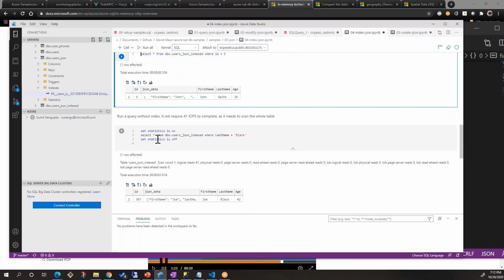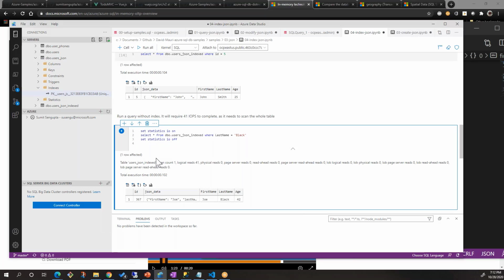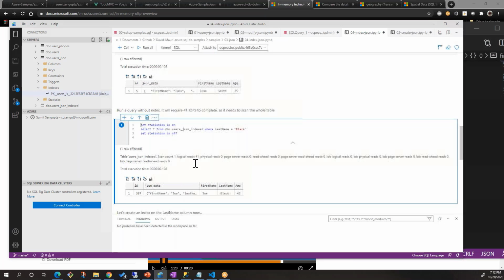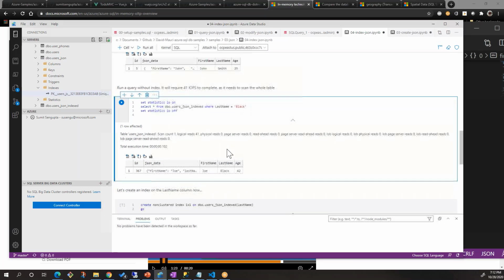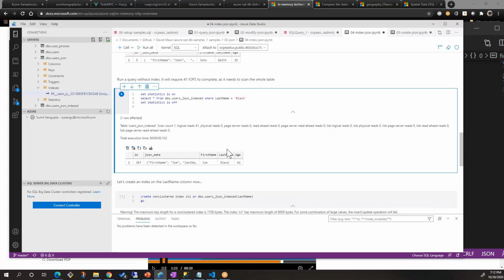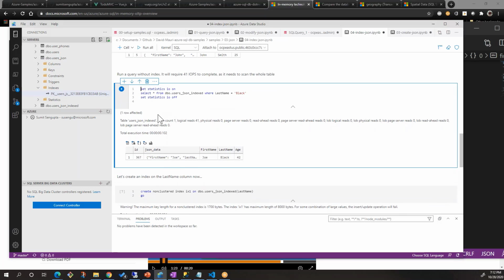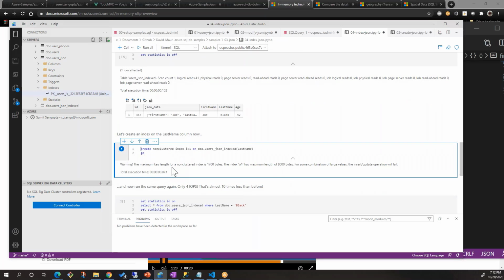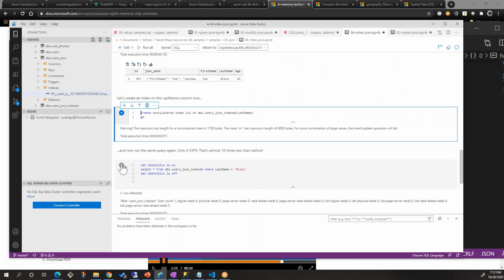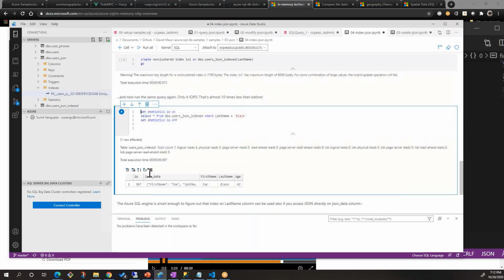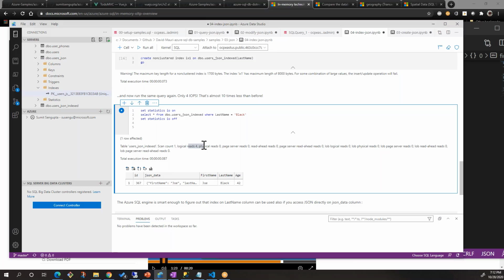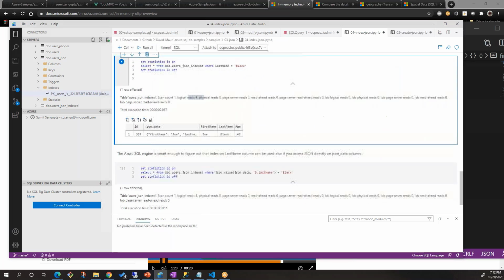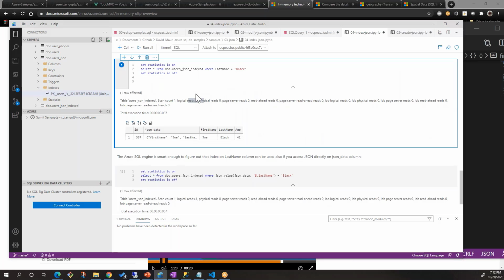If I run a query without index, now this is a small data set, so the value of indexes may not show up that well, but you can still see the difference between logical read and physical read. So we're saying logical reads 41, physical reads 0. Of course, we didn't have to go to disk with a small data set like that to get the results. Now, if we create a non-clustered index, and then run the query again, you see the difference is logical reads 4. So definitely index is a good idea even for these cases. This is, of course, creating additional indexes.